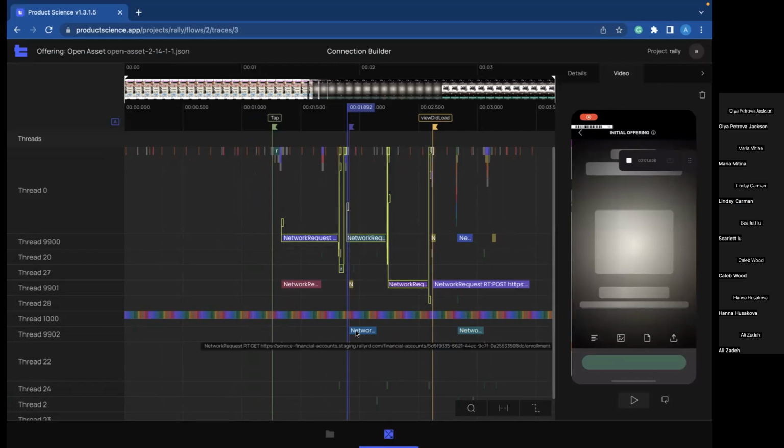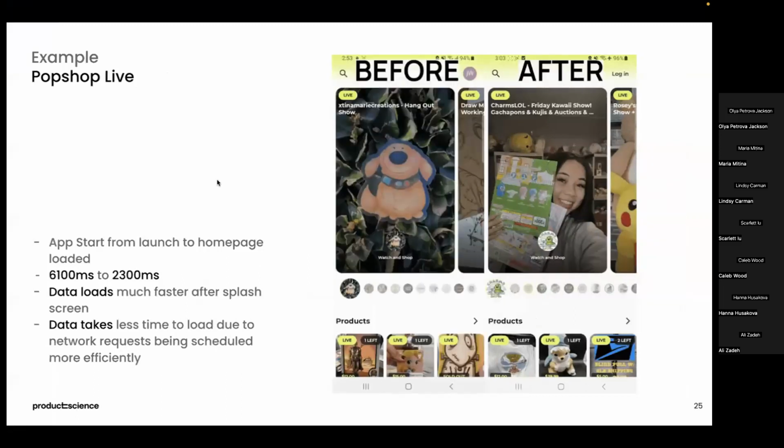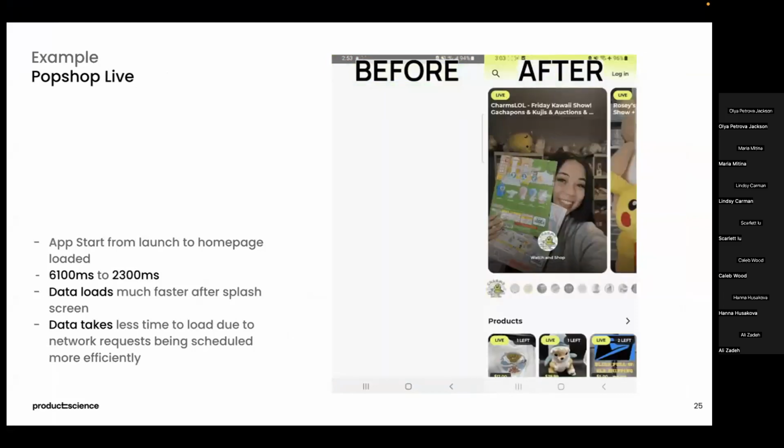So that's one of the examples of how easily you can spot such an inefficiency in the Product Science tool, or you can check that the fix was made right, or you can just confirm that everything is running as planned. And here is another example of before and after a fix,